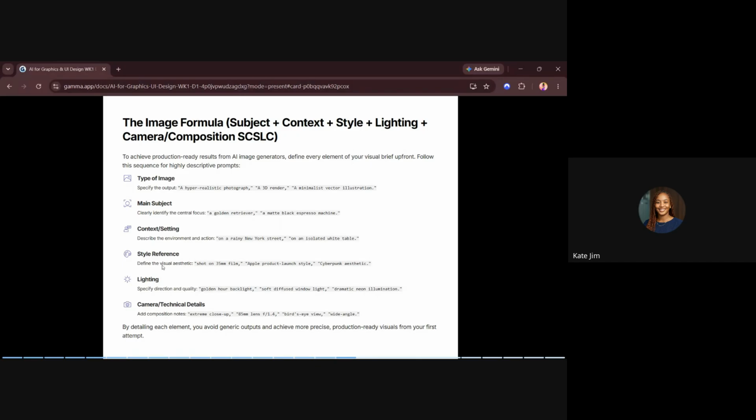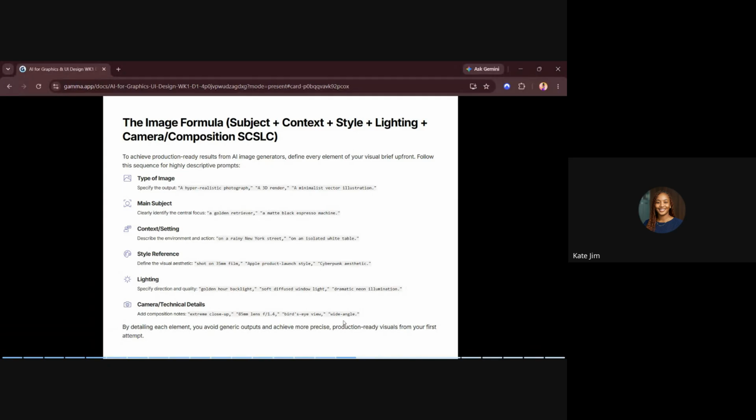Then the fourth one is the style reference. You can define the visual aesthetic. Maybe you say it was shot on 35mm film, or it's an Apple product launch style, or a cyberpunk aesthetic. This cyberpunk aesthetic is mostly for futuristic things. Some of these images that have this futuristic feel don't really look like they're from now. They look like they are in the future. Then for lighting, you have something like golden hour backlight.